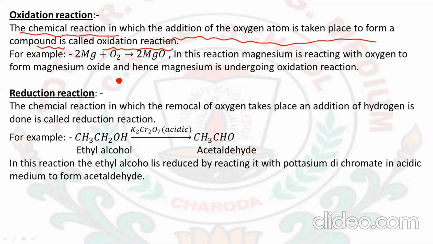Here the example is the burning of magnesium ribbon. When magnesium ribbon is burned, MgO is formed. It means that for this compound formation oxygen was added there. So this type of reaction is known as oxidation reaction, where addition of